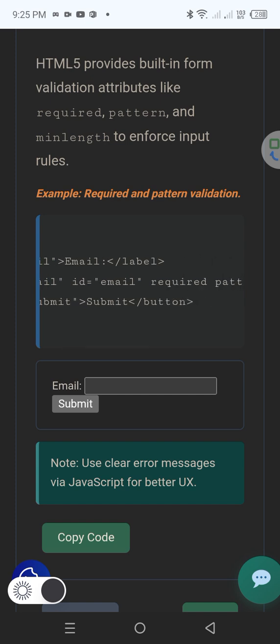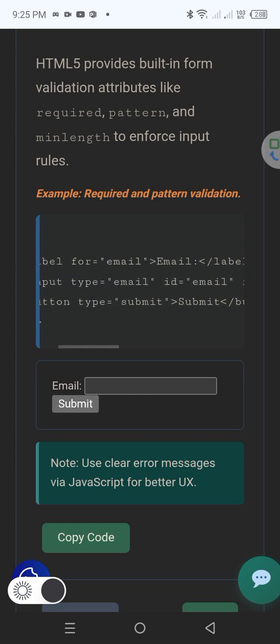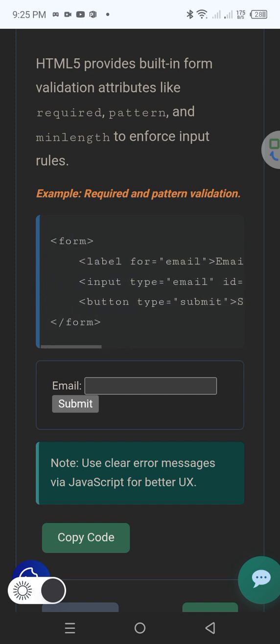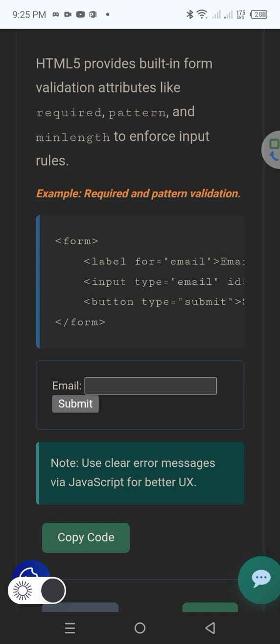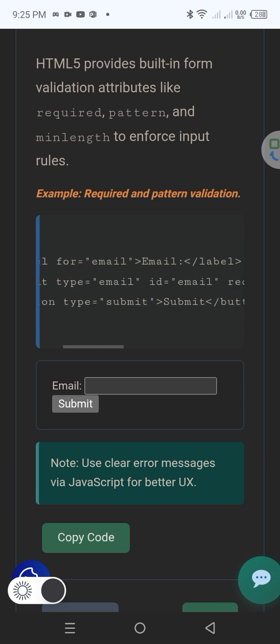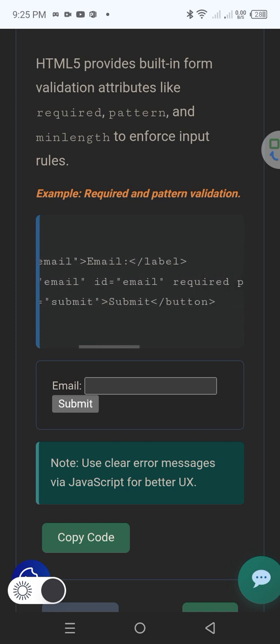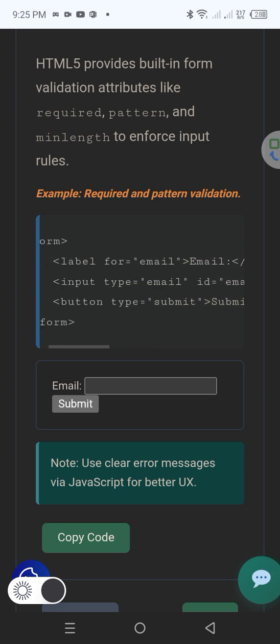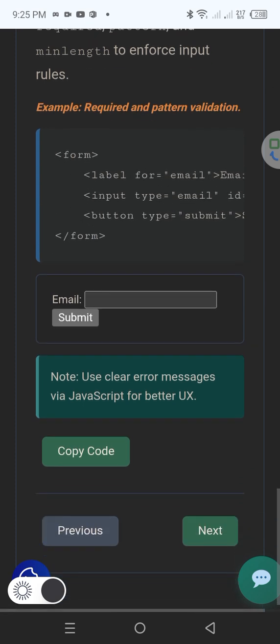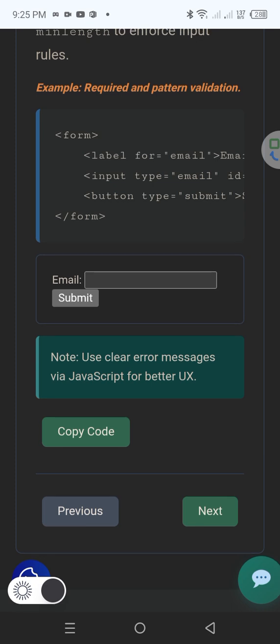When you don't type anything, it should display the message that email is required. Here you have the submit button, enclosed in double brackets. Note: use clear error messages via JavaScript for better use.